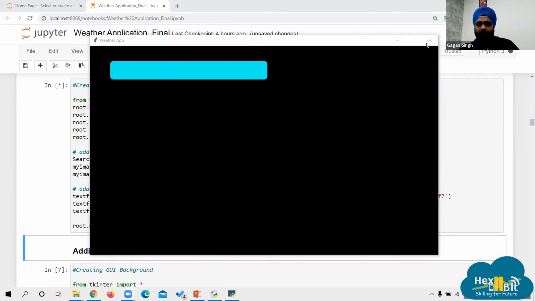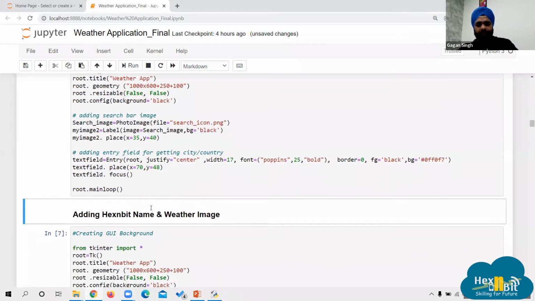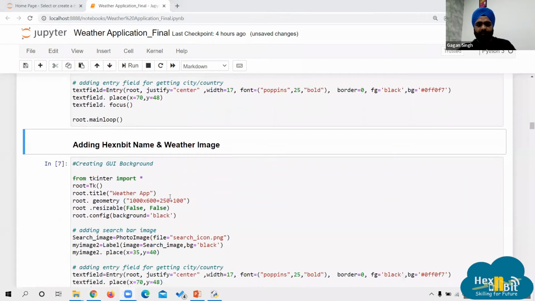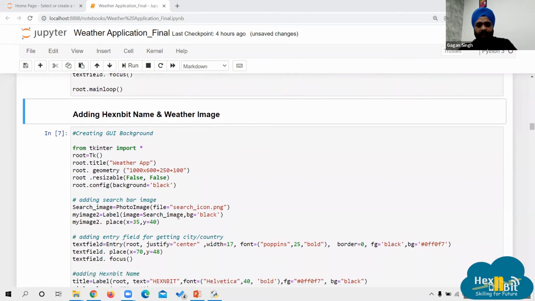Now after this, let's move ahead and add the Hexenbit name and the weather image. So I'm adding the weather image name. Whichever point you want to ask again, I'll explain it once again. That I'll show you in this code also. Every time I will be running the previous block also, right?